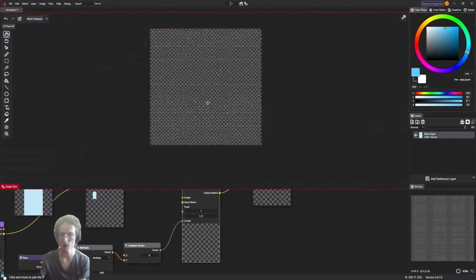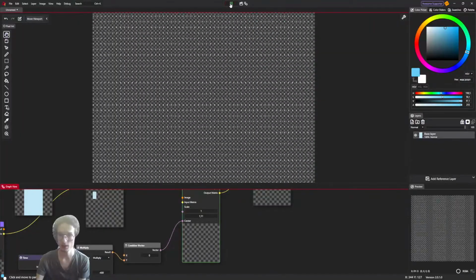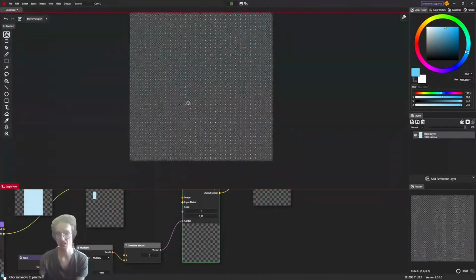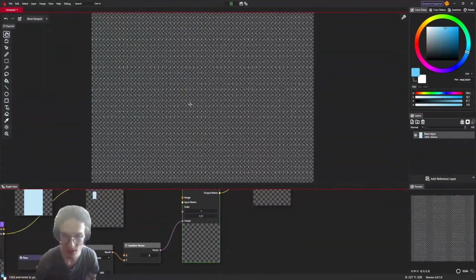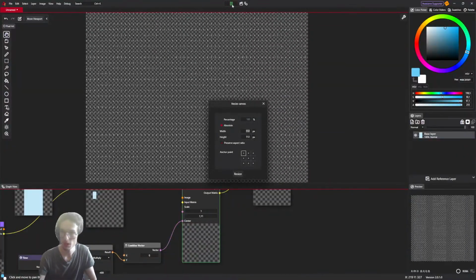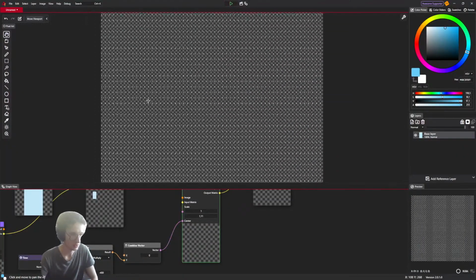So x center. And now when we play this, that's something. Doesn't look great yet, but it's something. Maybe let's change the canvas because it's too big.